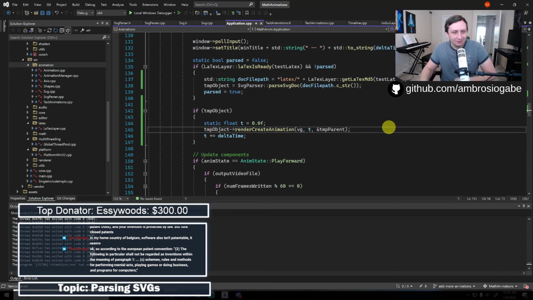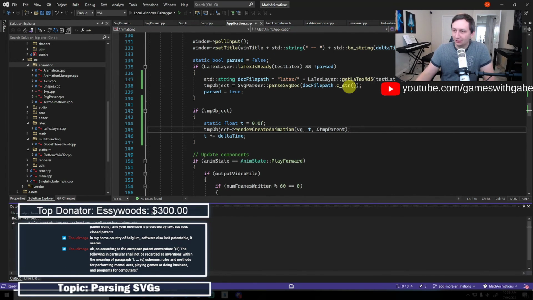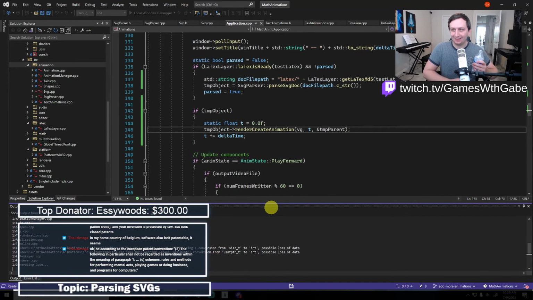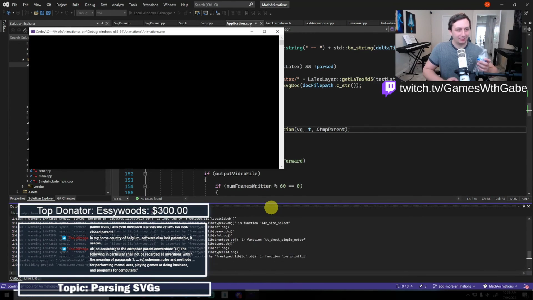Except it's not going to. It's going to fail, which is fine because we haven't supported enough of the SVG parsing stuff yet. But we'll get around to that in just a minute. Just want to make sure this is kind of working. I've been coding for like 2 hours and we have not tested anything. So be very surprised how much of this works.